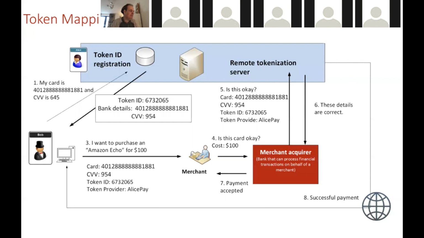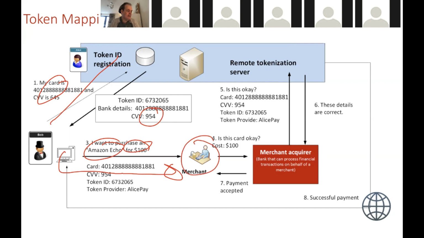Okay, so here's an example. Bob wants to buy an Amazon Echo for $100. He goes to the tokenization server with his card, and what they're doing here is giving him back a token with a fake CVV number. So he gives that token to the merchant. The merchant asks whether he can